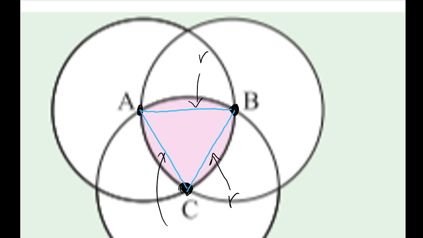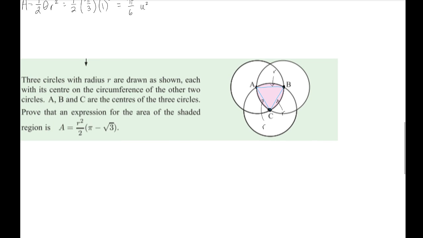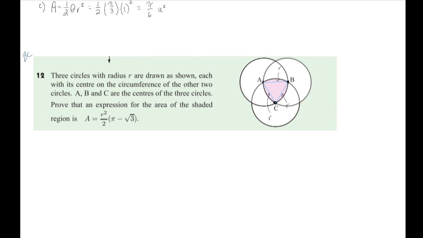There we go. So it's kind of the spiritual successor of that last question, which also had an equilateral triangle, which also meant we knew that these angles were 60 degrees or pi over 3 radians. And so it's all very much based on the same ideas. Now they say prove that an expression for the area of the shaded region is r squared over 2 times